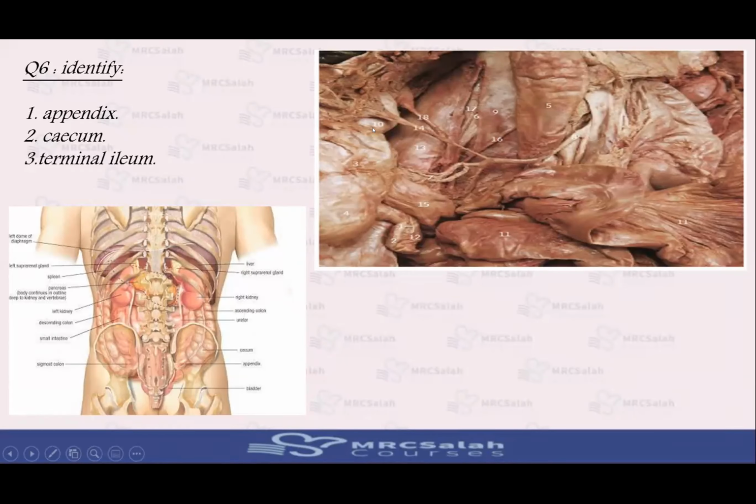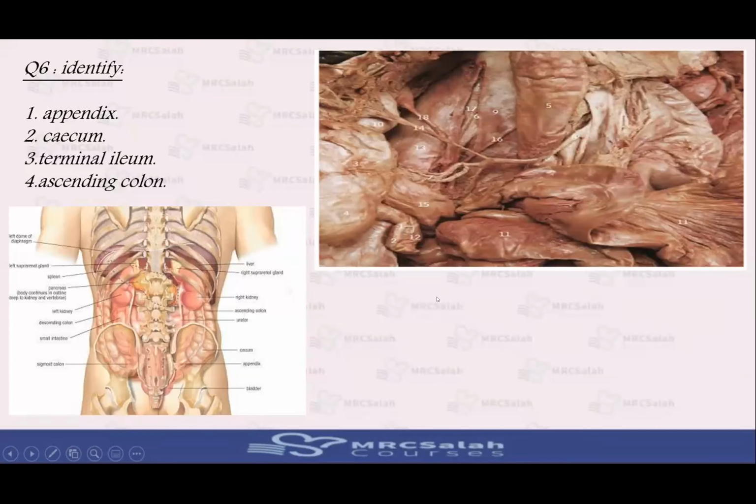No, the ascending colon. It is the ascending colon, yes. So number 15 is the terminal ileum. Number 4 here is the cecum, so it continues as the ascending colon. Number 2 is the appendix, and number 1 is the appendicular artery, and number 12